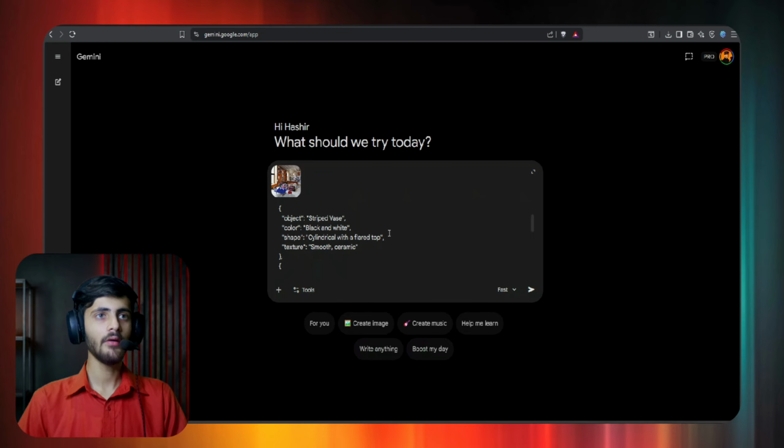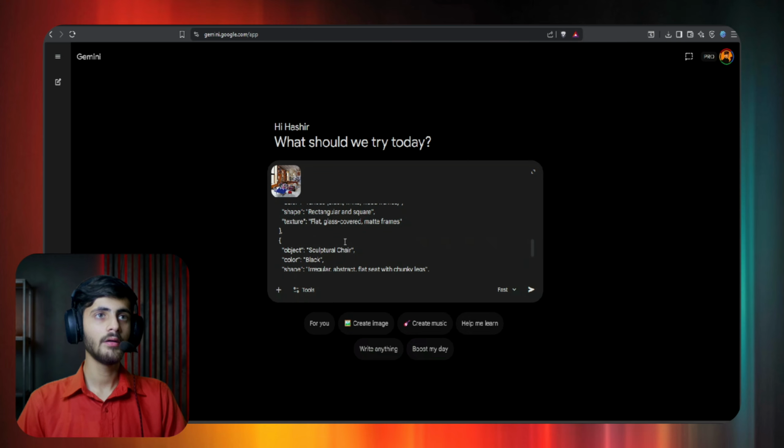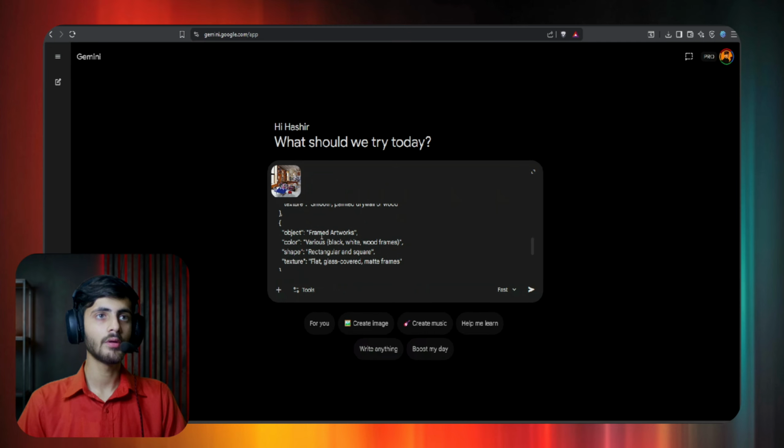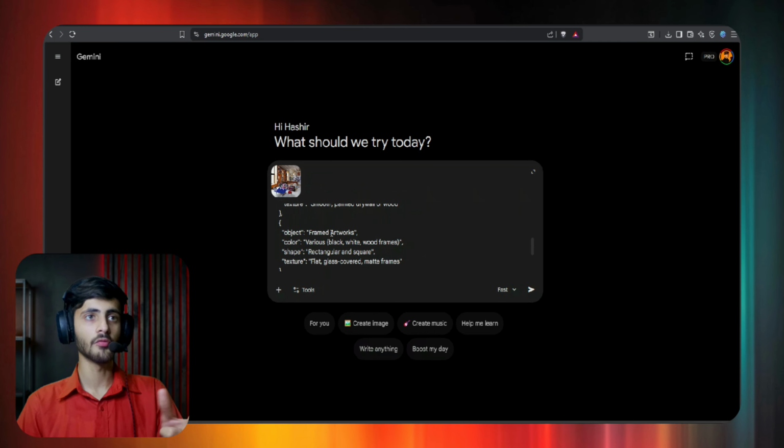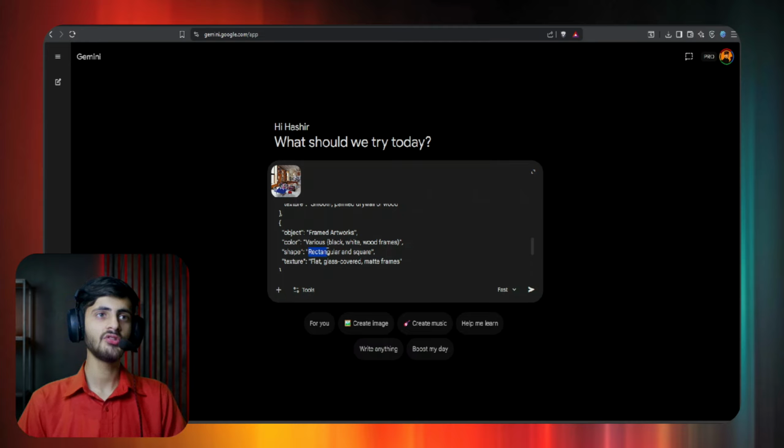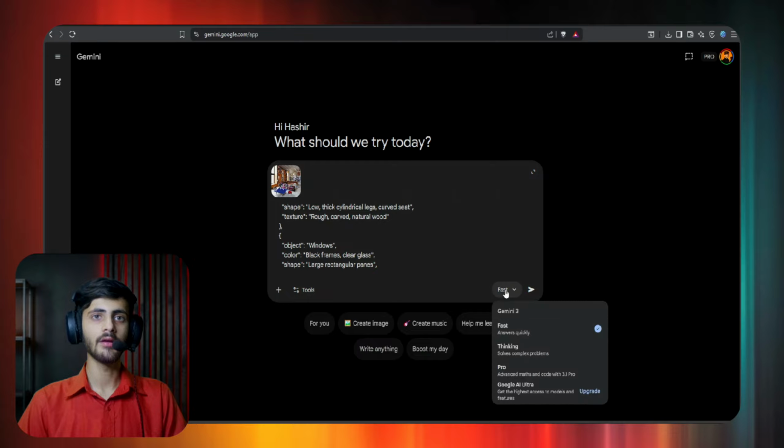And now we need to look for the painting over here. Here we have the painting, frame artwork, but it has covered all the frame artwork in one object. So what we have to do is just change the shape into something like an oval shape. Okay, I'm just going to be very random and let's see if Gemini can do this or not.